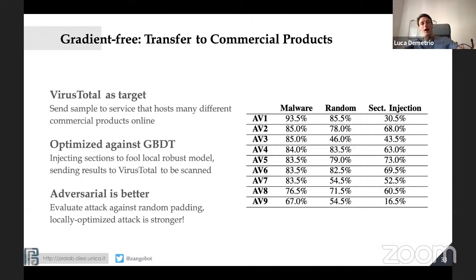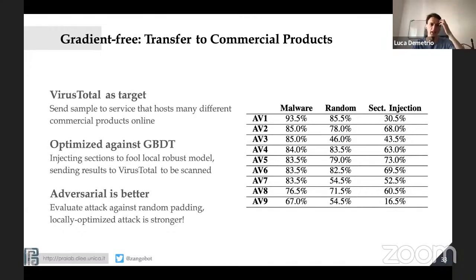So we went wilder. We thought, hey, what if these attacks might transfer to other products? Maybe they don't even use machine learning. We don't know. So we take VirusTotal. VirusTotal is an online service that hosts many commercial products. You take a malware, or a file, you drop it, and it launches like 60 different products that scan your file and say, hey, it's okay, or no, it's a malware.